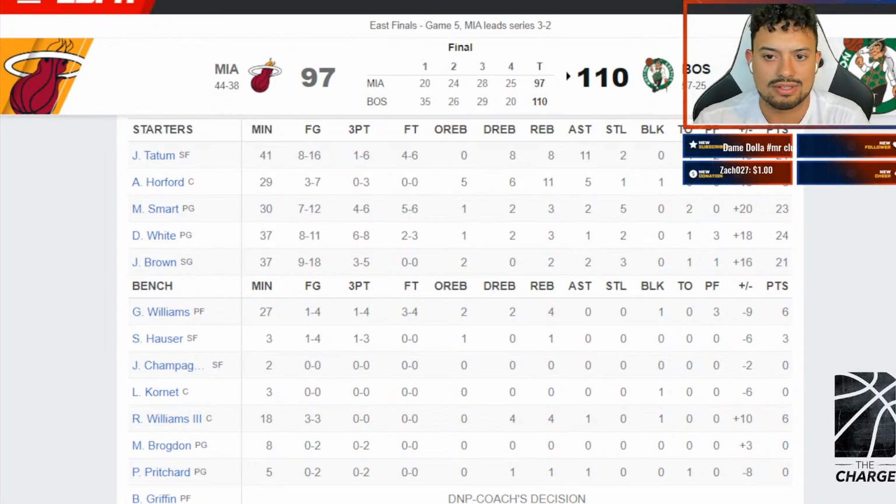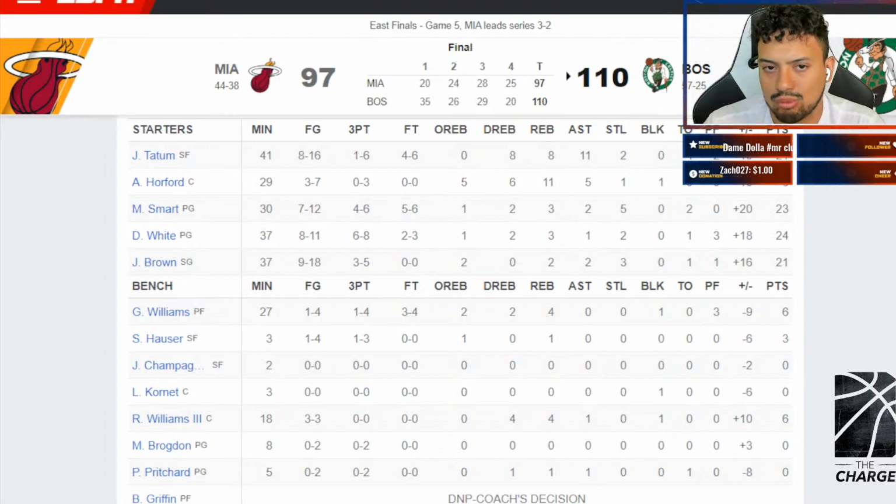Look at the turnovers they had yesterday. Tatum had four, and he's one of those guys that is going to have those turnovers. But if you limit the turnovers from Smart and from Brown, then you're in a good position to not give away free points to this Miami Heat team,